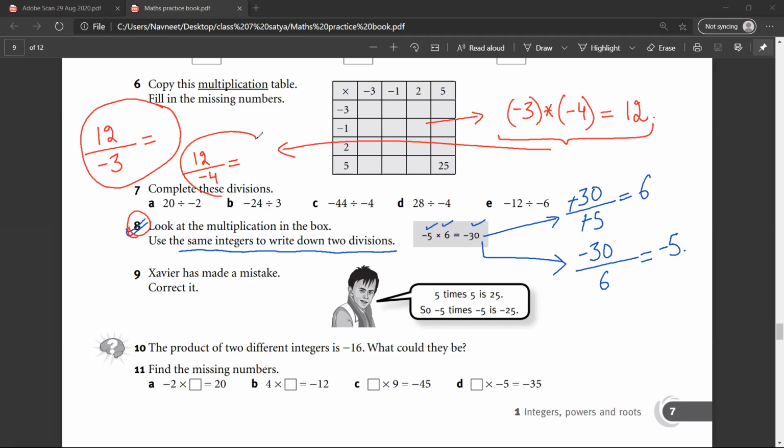Okay, so whatever we do, the answer should be the same. Yes. So 12 divided by minus 3 would be equal to, one second. Correct? 12 divided by minus 3 would be minus 4. No? Okay, yeah, sir. 12 divided by minus 4 would be, I can't do it fast. I need to calculate it. Oh, not an issue, not an issue.